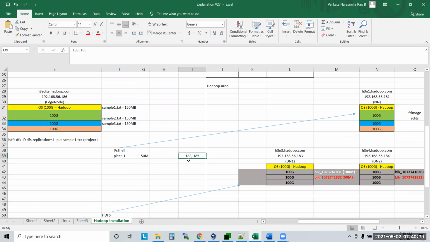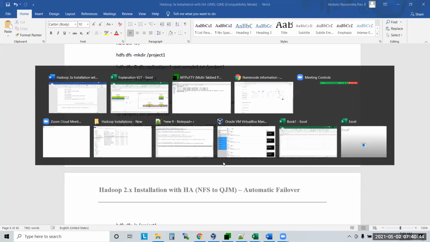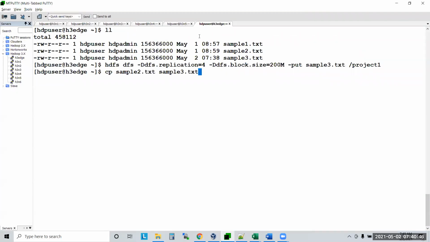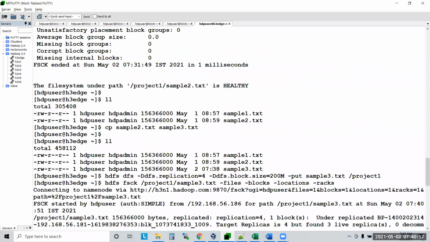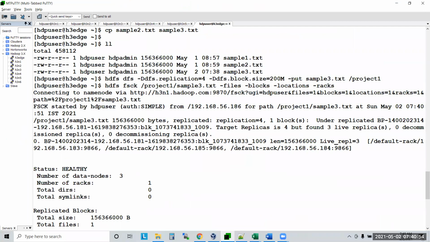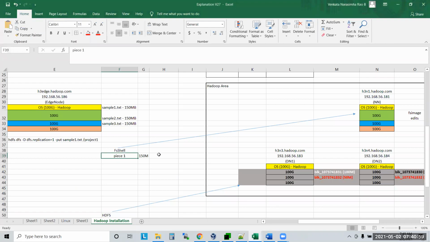Now for this 150 MB, what is the name it has given? Okay, we will see. It has given the name 33. And what are the nodes?